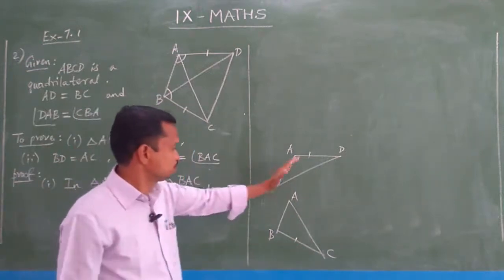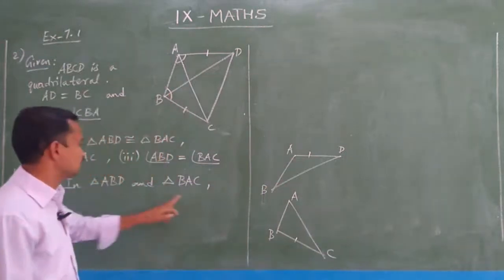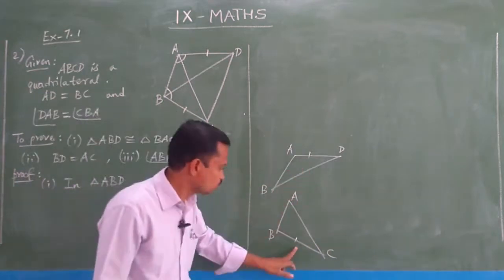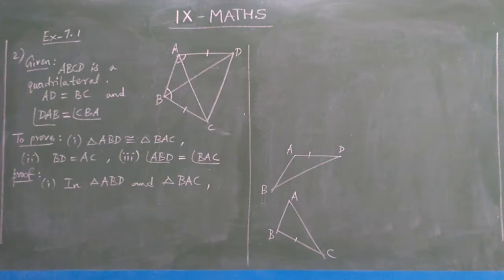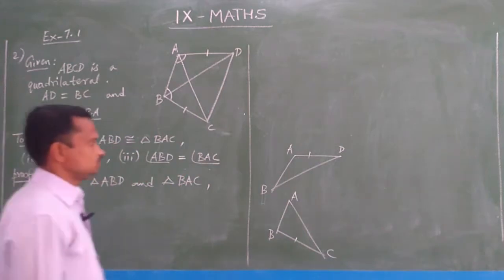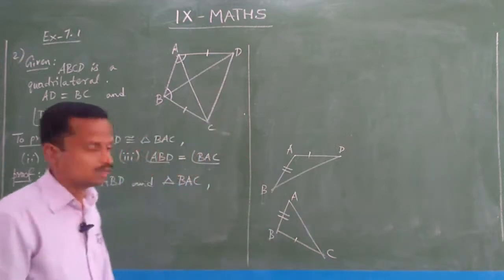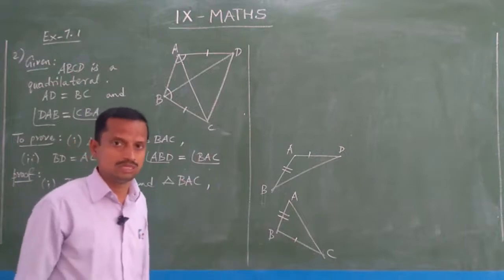And now I separated, that is ABD one triangle and ABC another triangle. You see what are the equal parts? AD, BC, the 2 sides marked here are equal. And another thing, AB side is common. You see, AB side here, here also AB side is there. So the 2 pairs of sides are now equal.